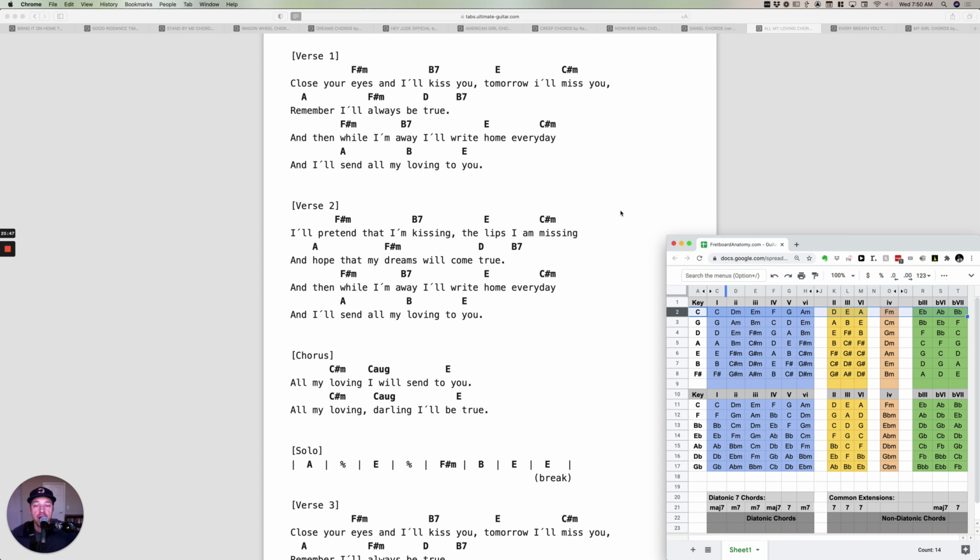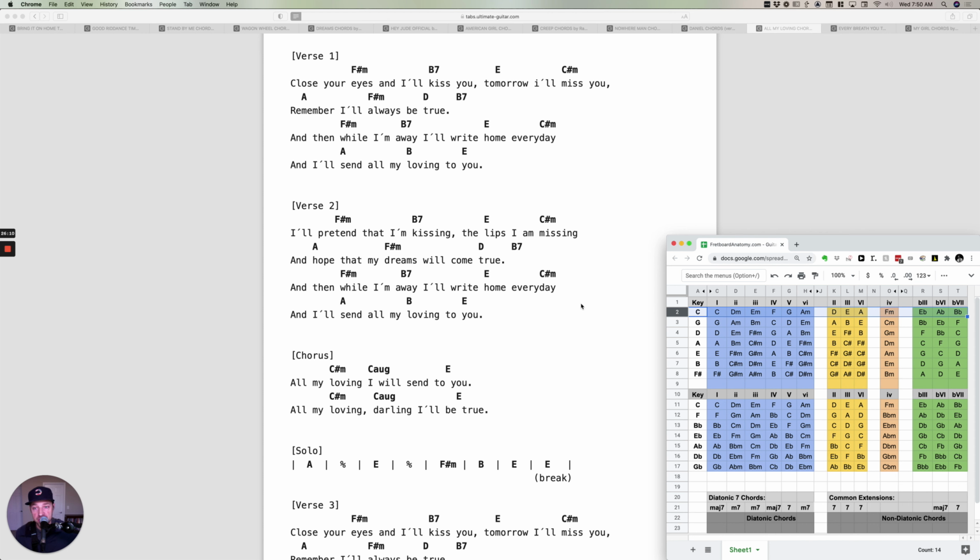Yay! Here's another one that doesn't start on the 1 chord and uses some borrowed chords. It's got an interesting chord right here, this C augmented 7, and we'll talk about that in the context of creating new tension and resolving it away. It doesn't fit neatly into our little chord chart, but it's okay because the rest of the chords have a